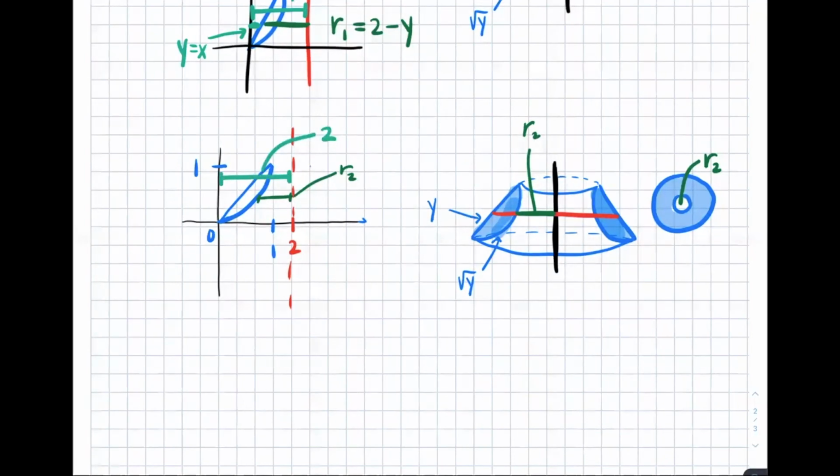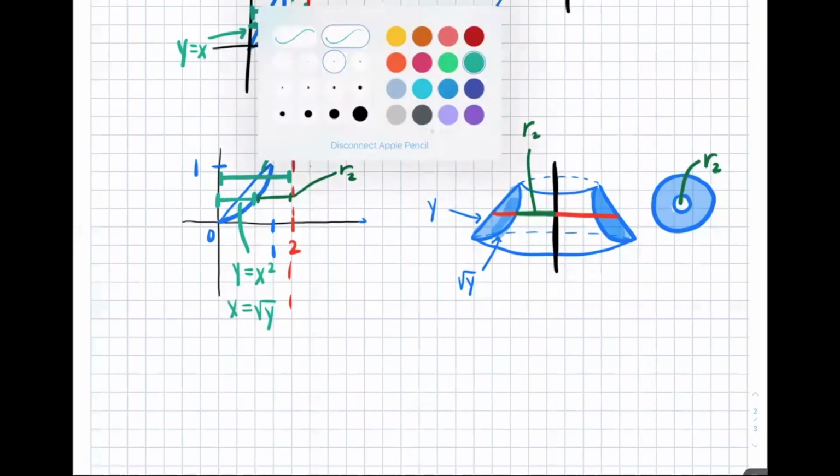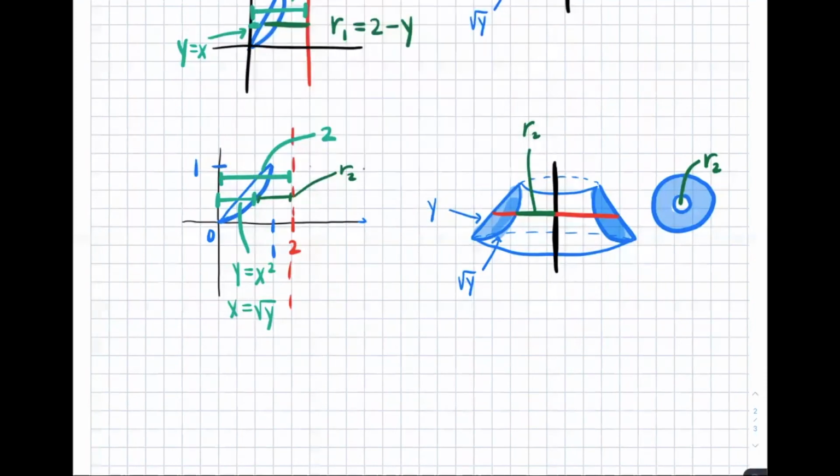And then now we're subtracting not just this piece, but also this piece. And so this piece, instead of being given by y equals x, this is now y equals x squared, or in terms of y, x equals the square root of y. So that's why R2 is equal to 2 minus the square root of